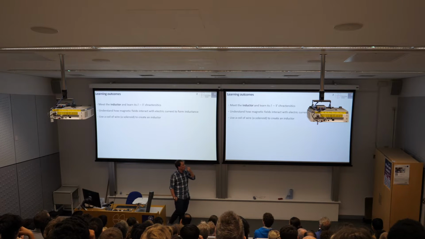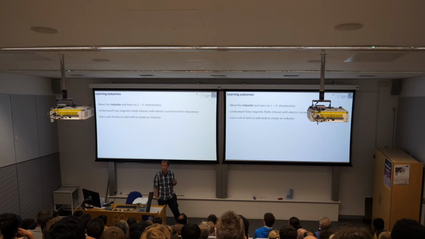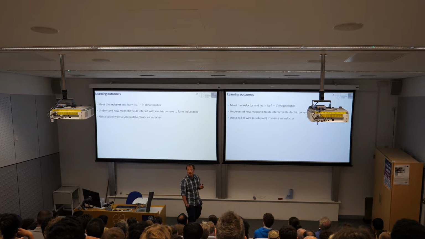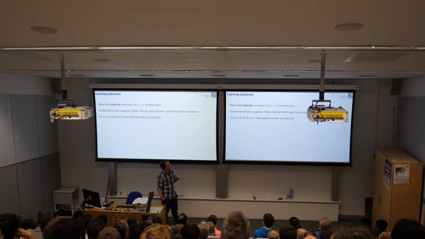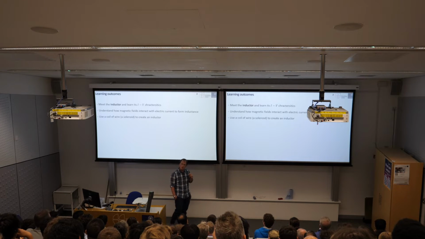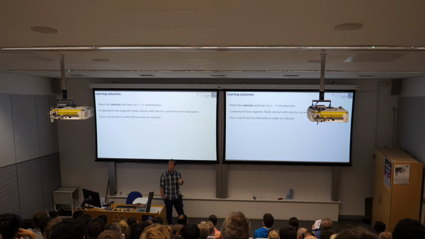So what we're first going to do is meet the inductor and learn its current voltage characteristics, or what we call the IV characteristics of the inductor. I'm sure most of you know, for example, the IV characteristics of a resistor. An inductor is a similar two-terminal component. We're going to look briefly at how magnetic fields interact with electric current to form an inductance, although we're going to cut this short because it would normally be part of a